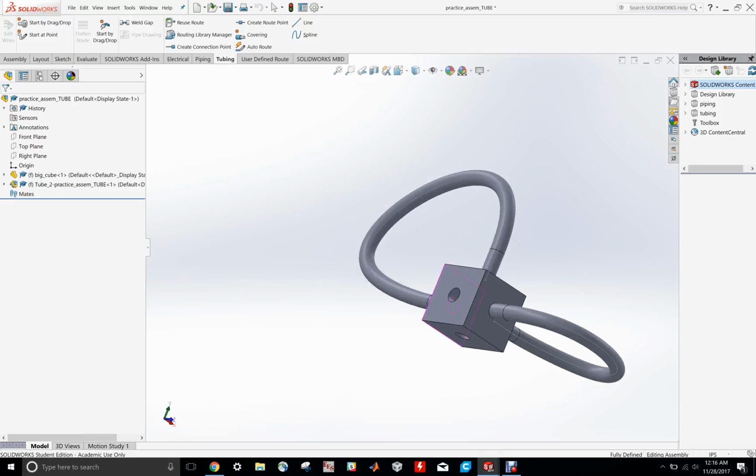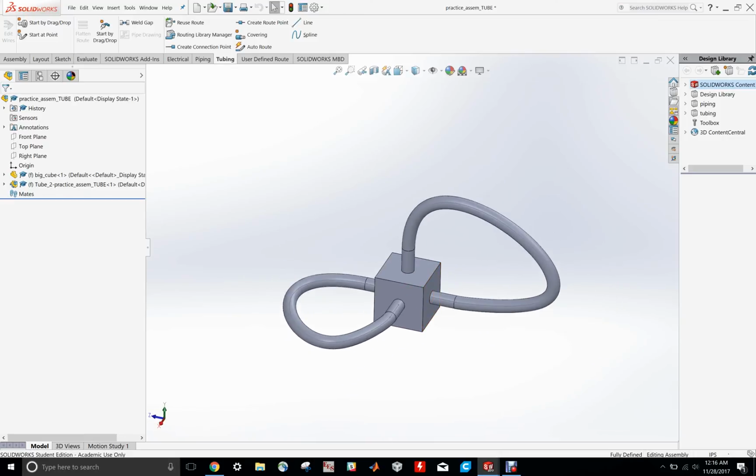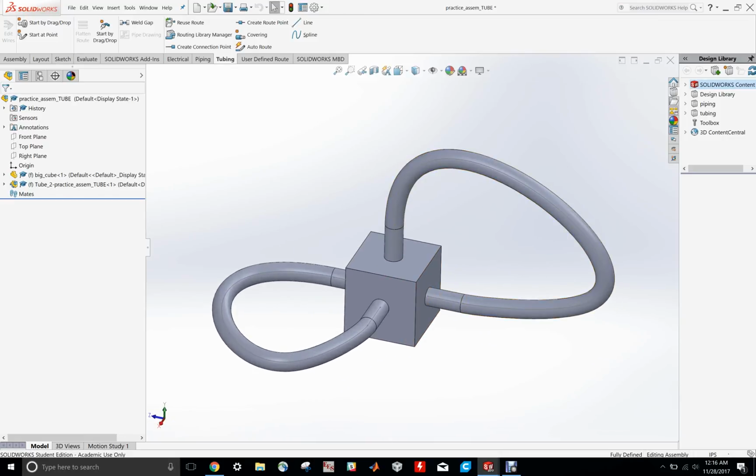So that is basically it. Now a couple warnings I want to give you quick before you go off and run down into the rabbit hole that routing seems to become sometimes. If you see over here underneath our assembly, there's these C points. Never delete these C points. It makes the whole thing go crazy, and even once you fix it, it'll give you rebuild errors because it won't be able to route to those points anymore. And even if you try to undo it, it'll still throw errors at you, and it'll just get crazy. So if you ever have to delete those,